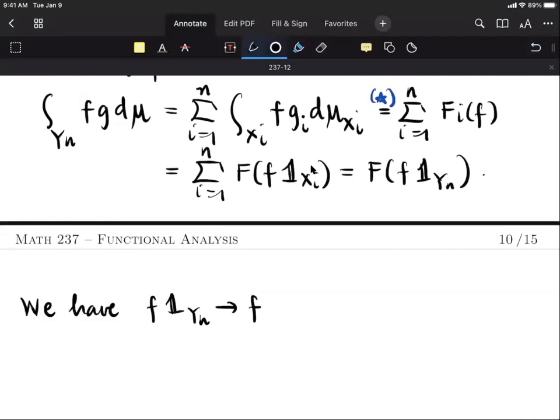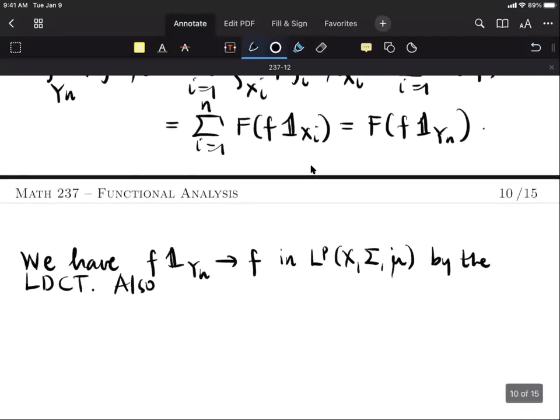We have this convergence in LP by the Lebesgue dominated convergence theorem. Also, by the monotone convergence theorem, you can show again that G is in LQ,